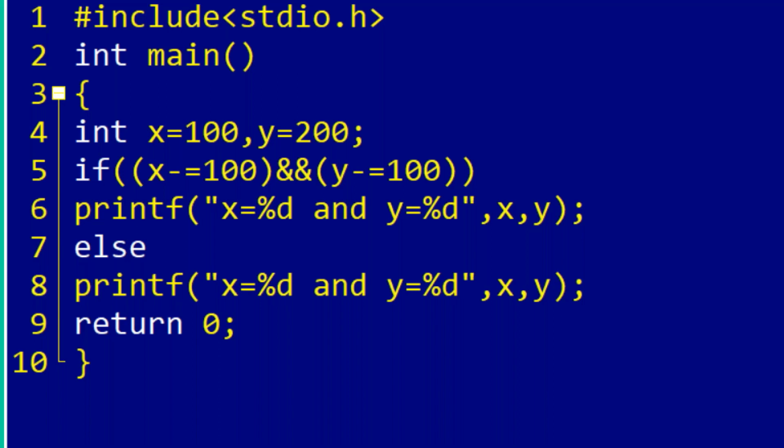Now tell me what is the output of this program. x is 100 and y is 200, and I am using the logical and operation here. Now tell me what is the output.